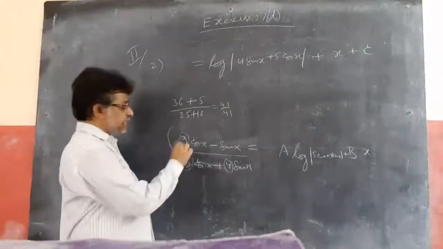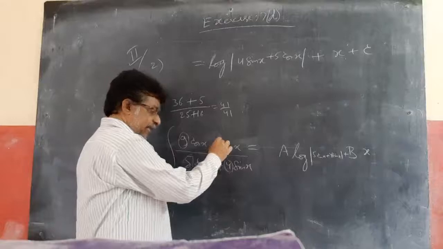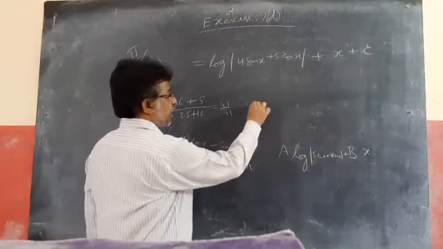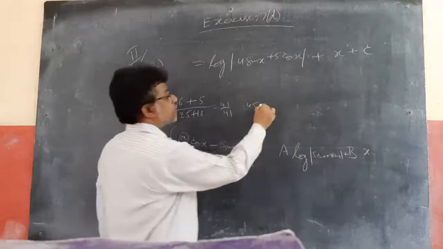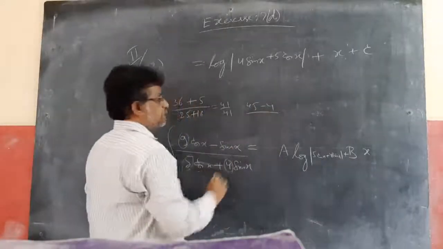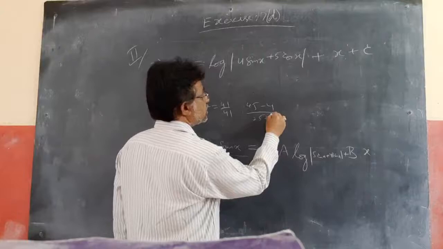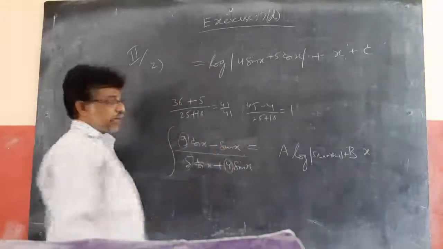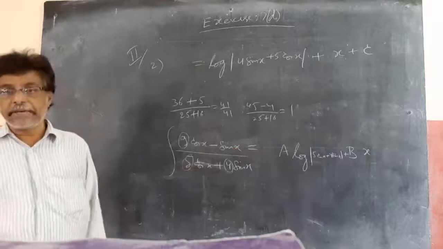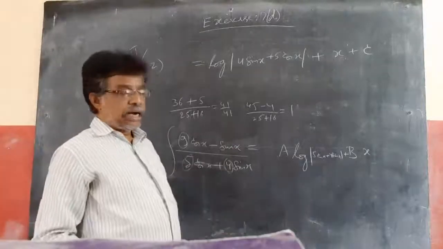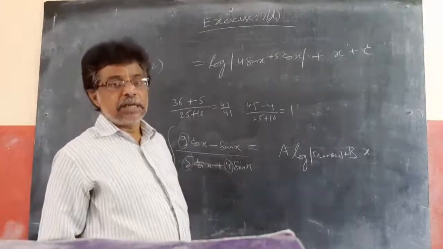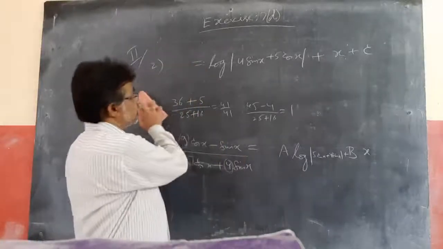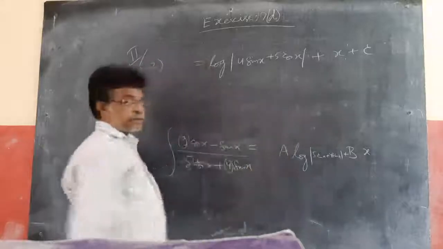And coming to b, this into this minus this into this, 9 into 5, 45 plus minus 4, divided by this square plus this square, 25 plus 16, 41 by 41, again 1. So a is 1, b is 1, a simple way of finding a and b. But you should not use it in the exam because this is for 7 marks. If it is given for objective, you can use this shortcut. One step answer for objective.